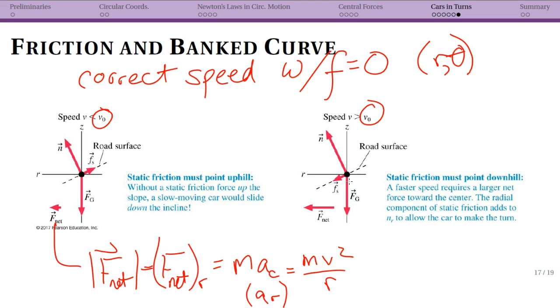That depends if you have an object that is not moving with respect to the surface, and in this case it's sideways with respect to the surface, my static frictional force can vary, but up to a maximum value. And so actually, if I go way too slow or way too fast, such that the frictional component here hits the maximum value, now I slide out of the curve, or now I slide into the curve. So again, there's a lot of forces at play here, and defining your coordinate system very carefully is going to